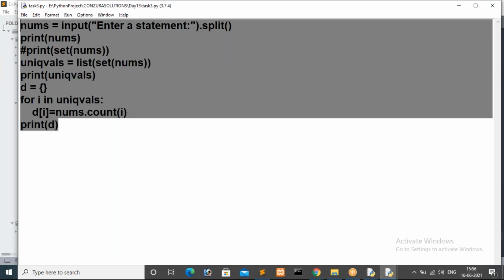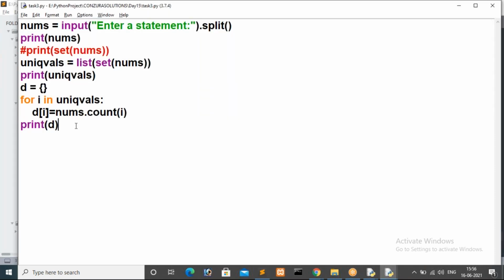So for your clarity, I am forwarding this one also in the chat box. If you are practicing along with me, just use that one. I hope it is clear to you all, guys. Please give me a response once in the chat box. Then we will see the set concept. For that set, no need to explain much, I will just give a description. I already gave an example for this set here. We are using the set concept in Python for removing redundant values. That is the main use of set.